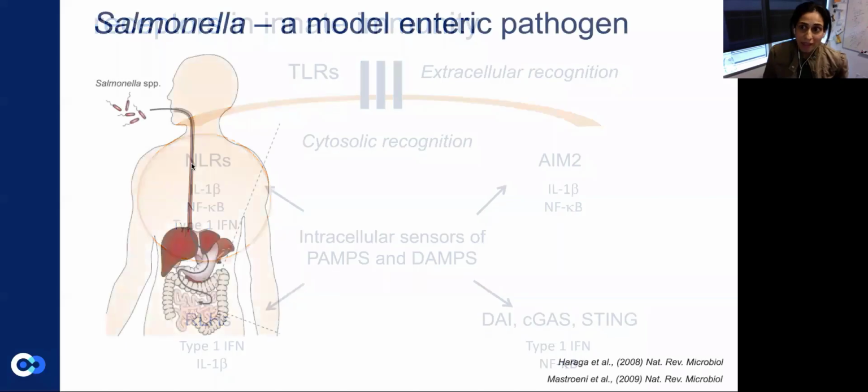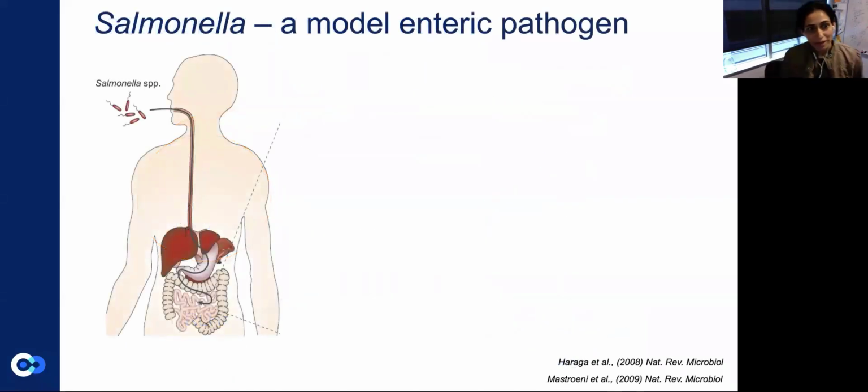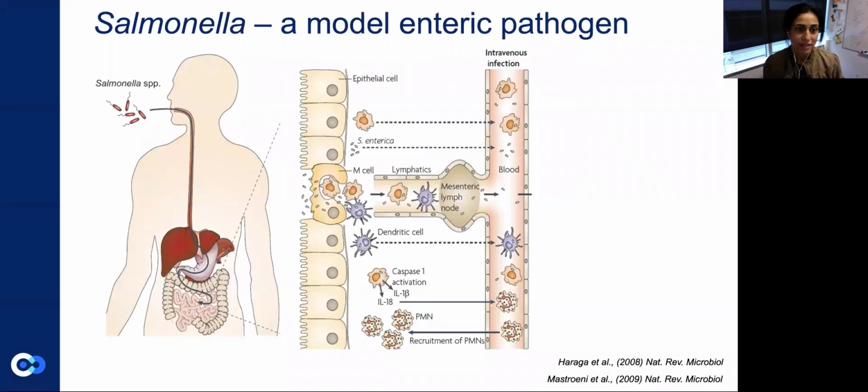And so the pathogen that we've been interested in, at least in recent times, has been Salmonella. This is really a model pathogen that infects the gut. Most of you would know that it's taken up in contaminated food and water and accesses the intestine, which basically is the first mucosal tissue that Salmonella infects. And upon doing so, it infects these intestinal epithelial cells and M cells, which are these more highly phagocytic, macrophage-like epithelial cells.